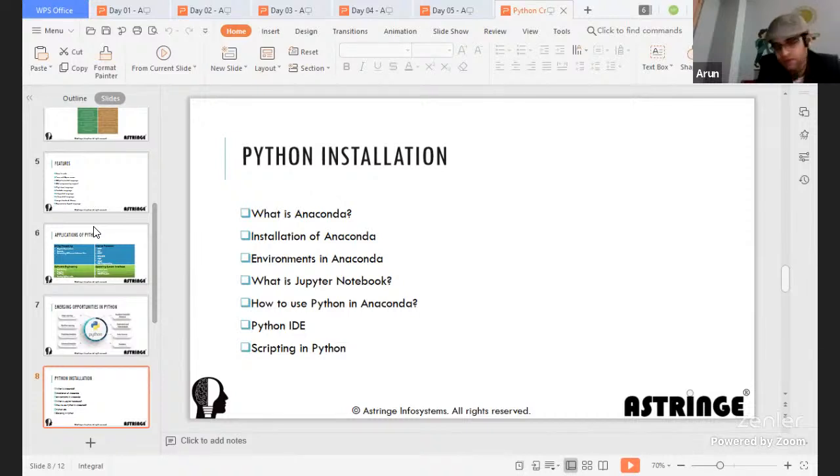It could be your local web server, or it could be an internet-hosted web server. One best example of Jupyter Notebook hosted on the internet is Google Colab. Google Colab natively supports Jupyter Notebook, so it's just a matter of importing a Jupyter Notebook into Google Colab and starting to use it, right? Because Google has provided that native integration.